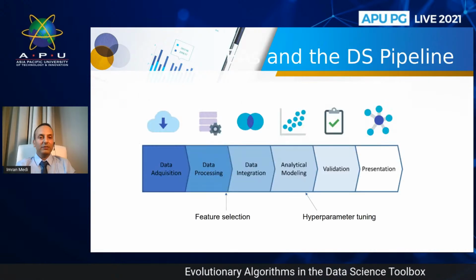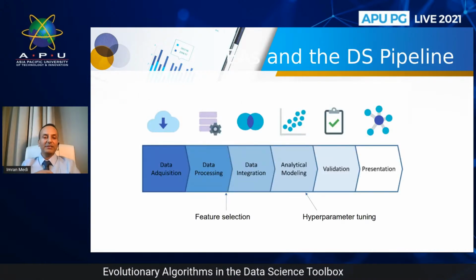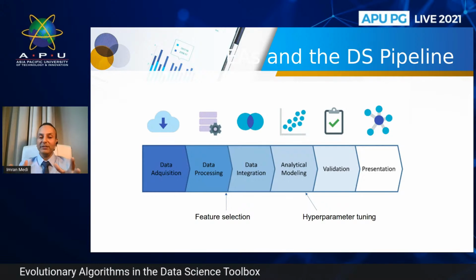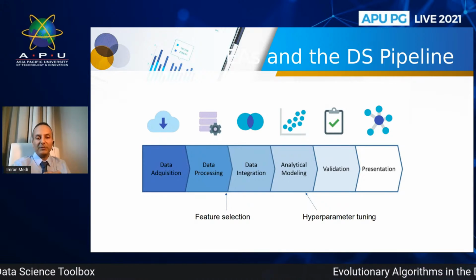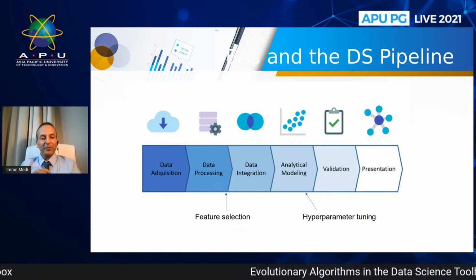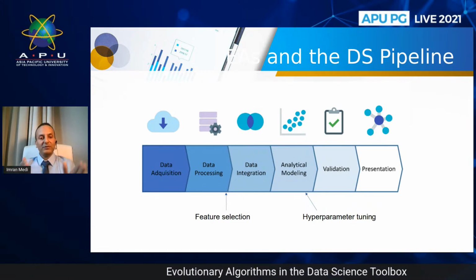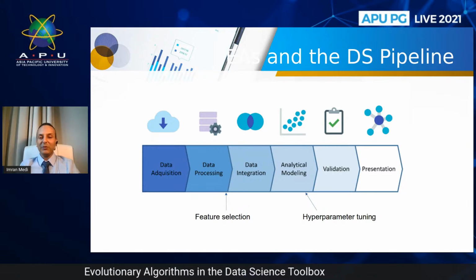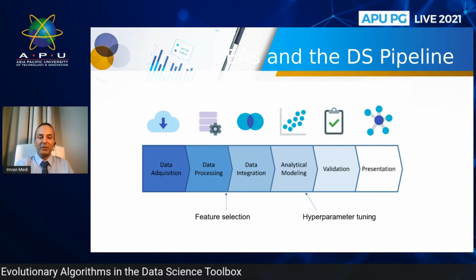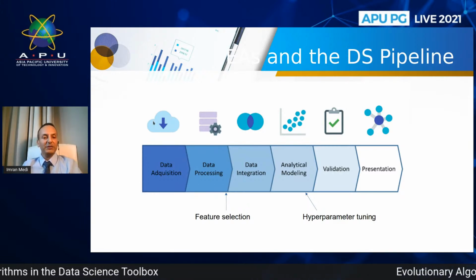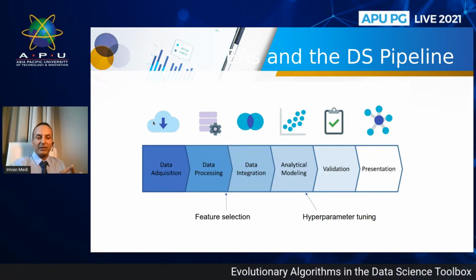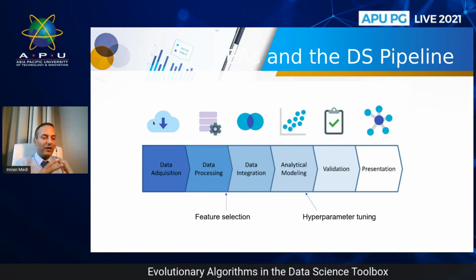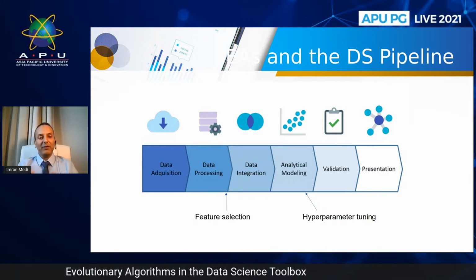So the question then arises as to what's the relevance of all of this with regards to data science. As I mentioned earlier, data science involves a series of processes, and these processes, particularly the first few, are quite arduous, particularly the data wrangling process, that process of pre-processing and preparing the data.